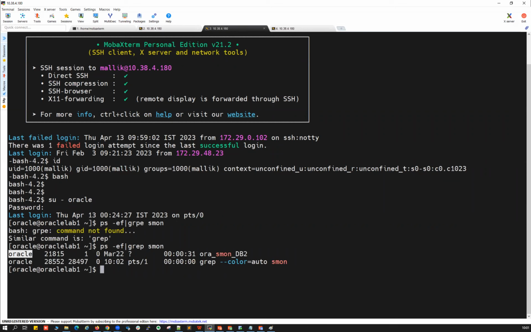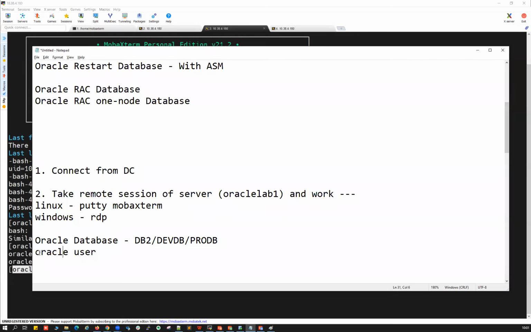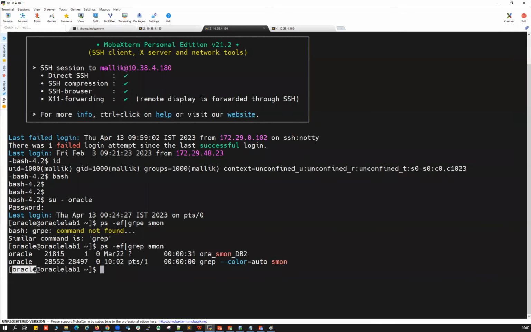So now I logged into this Oracle user, that is your OS user. Malik, John, Jeff, the DBA users are OS users created by your Linux admin. The Linux admin will create this Oracle user because that needs root privileges. Root is the master privilege in that Linux server. As an Oracle user, I can create any database, DevDB or DB2 or OraProd or OraDev, whatever database I want, based upon my application need.